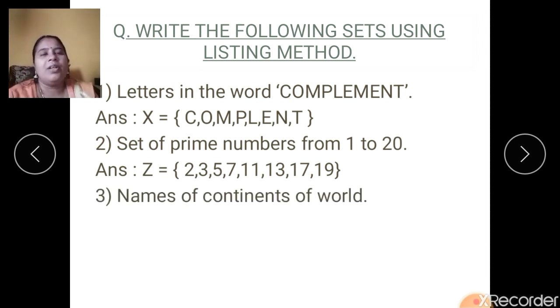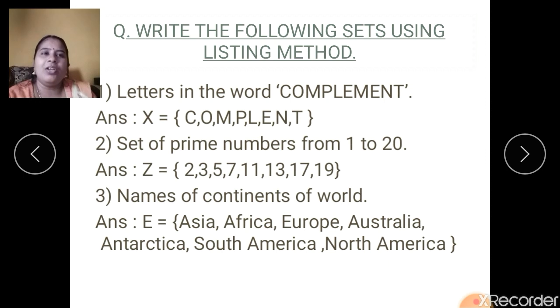See the third one. Name of the continents of the world. Let us go to geography now. I hope you know how many continents we have. Yes, 7. Which are those? They are Asia, Africa, Europe, Australia, Antarctica, South America, North America. So these are the continents of the world. If a question is asked like name the sensory organs of human being, what will you write? We are going to science now. Yes. There are 5 sensory organs: eyes, ears, nose, skin and tongue. It is one of the questions of the exercise.